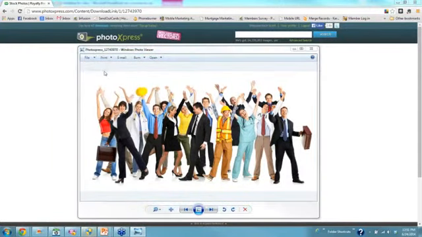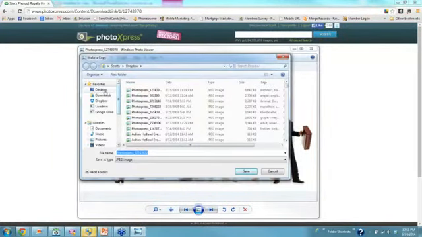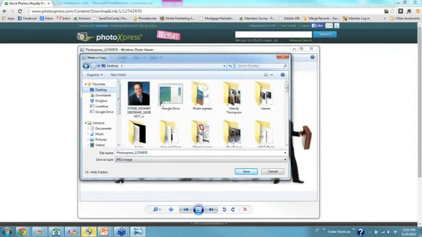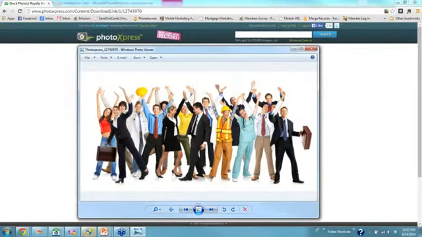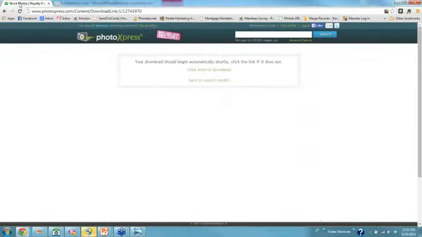So I'm going to make a copy. I'm going to save it to my desktop. If I want to give it a name, I can. It automatically gives it a number, and then I'm going to hit Save. And you'll notice it's always a JPEG that it saves, which works with pretty much any program. So I'm going to click Save. And now if I want to take that image,